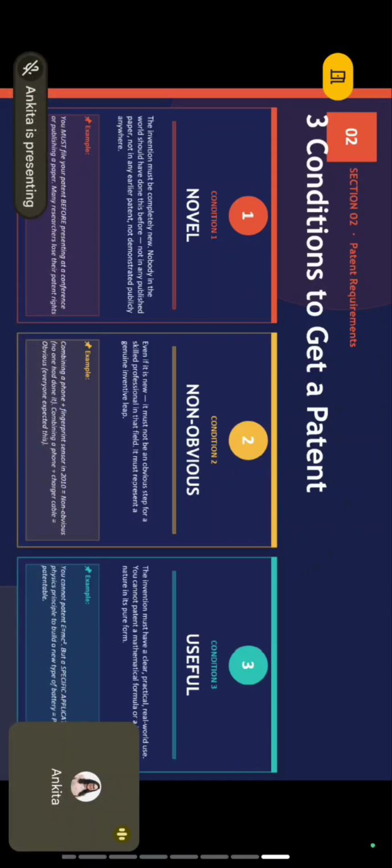If I give another example, let's suppose in the pharma domain, we are making a tablet that dissolves in 30 seconds instead of 5 minutes using a completely new polymer combination. Here the polymer combination is something that no one can think of, so it's non-obvious. But if I simply make a coating over a tablet with a coating agent, that is obvious. You will not get a patent on this. So your invention must be non-obvious. It should not be obvious to everyone.